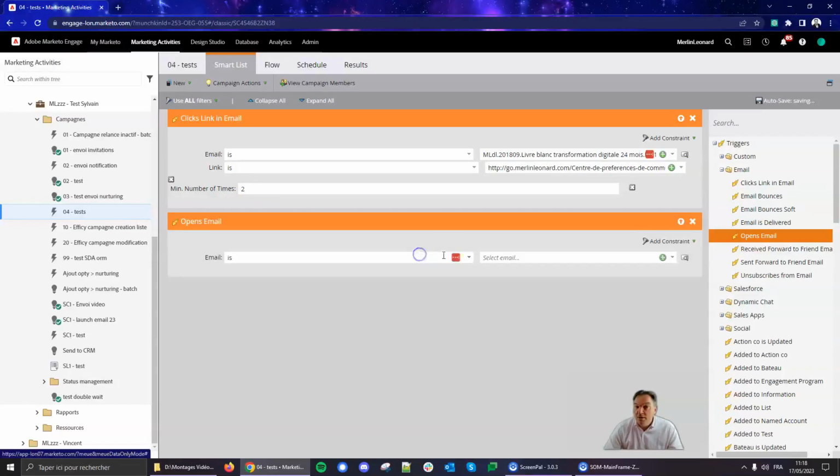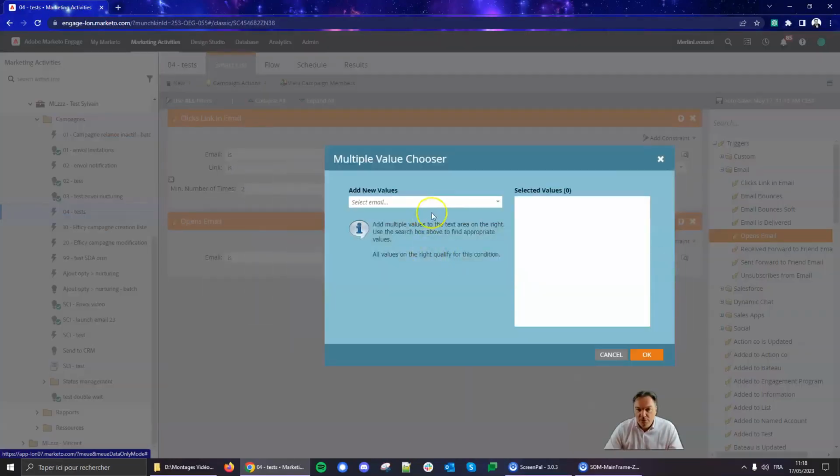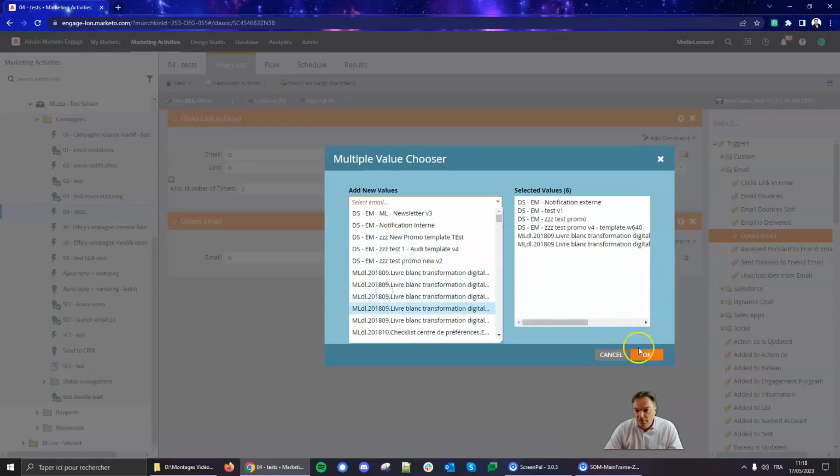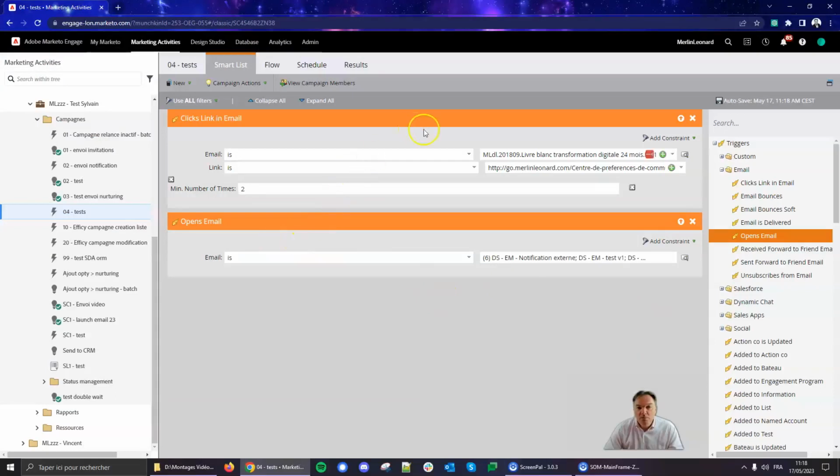And I can add another trigger, and I can put, for instance, plenty of other emails here. That would read: I would like to trigger those actions for anyone who opens one of those emails or anyone who clicks this link in this email at least 2 times. So I can pile up as many triggers as I want.